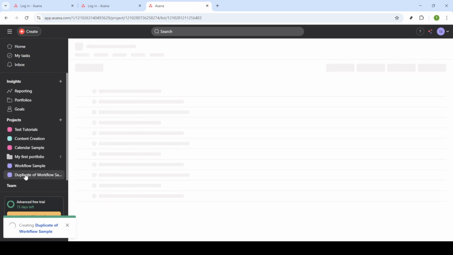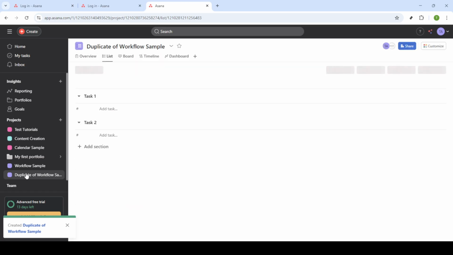Keep in mind, duplicating projects not only helps maintain consistency, but also streamlines your workflow, allowing for more productive management